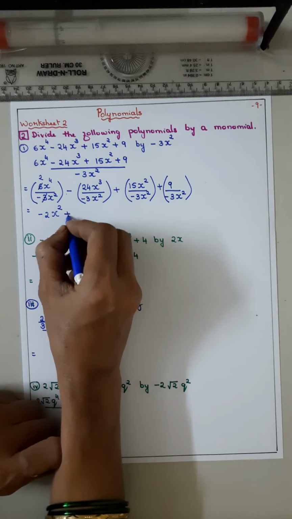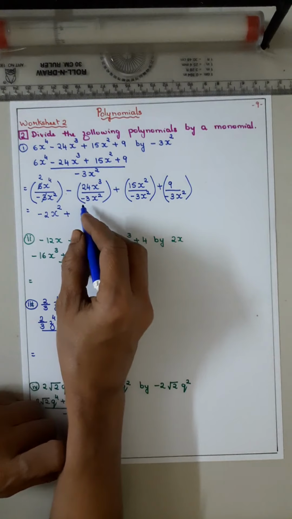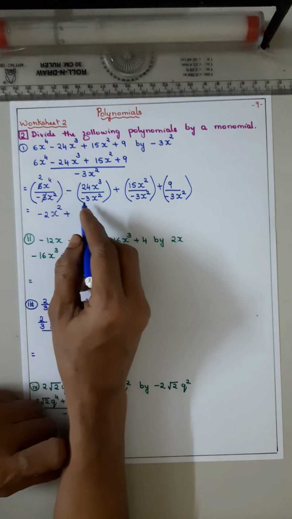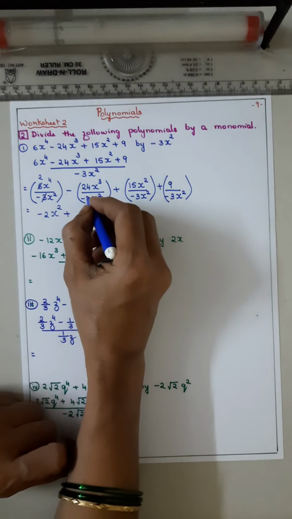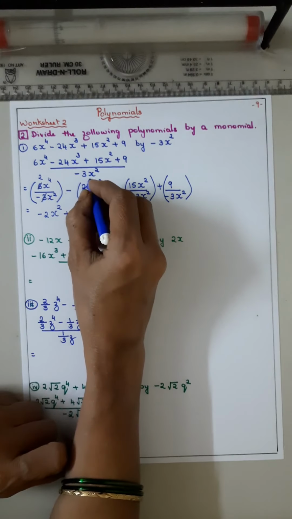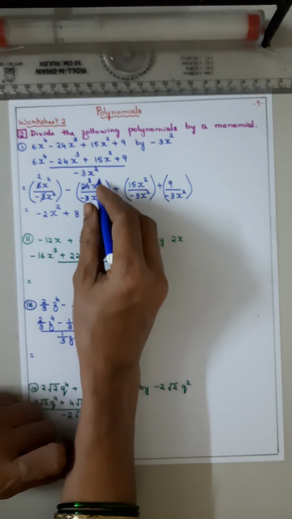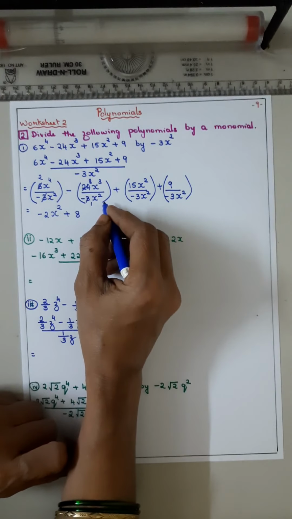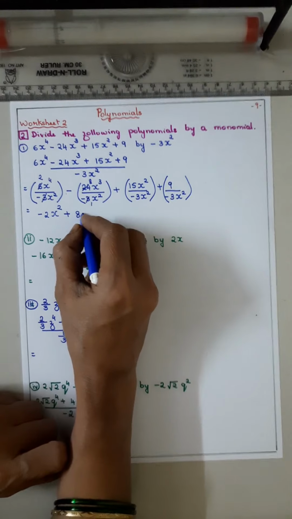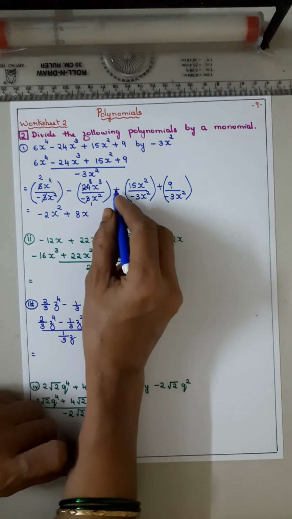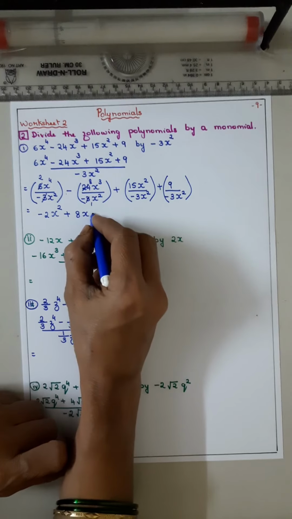It becomes plus. So remember this: first think about the sign. Minus minus plus. Now 3 1s are 3, 8s are... so write 8. x cube upon x squared means 3 minus 2 is 1. That is why x.